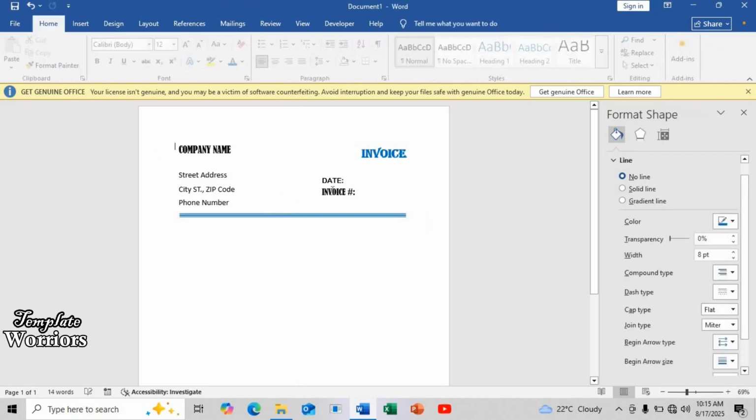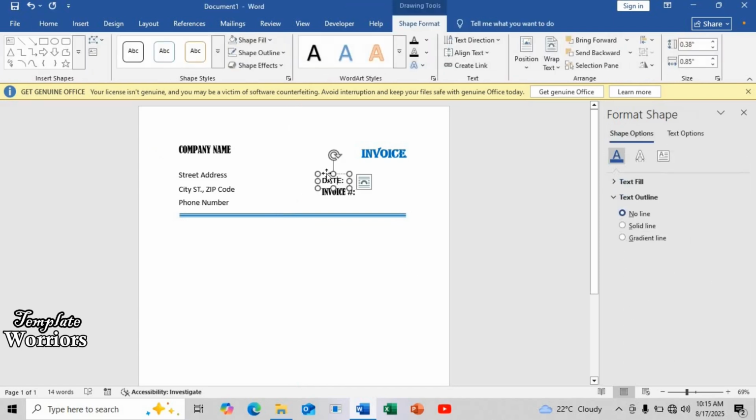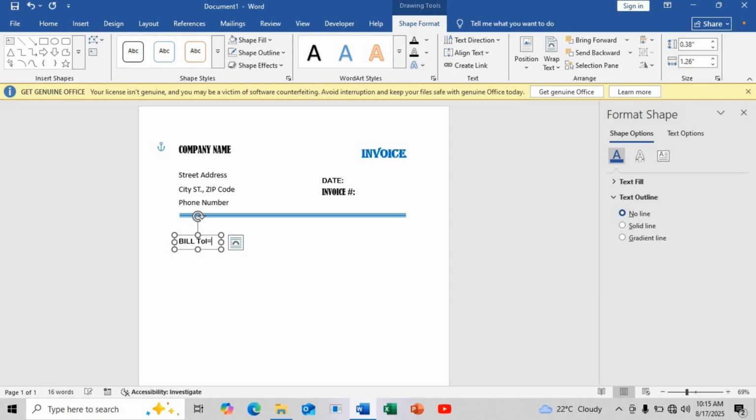Alright, so again, let's duplicate this text to the bottom there. The date there, let's duplicate it to this side. So the text in there, we are changing it to bill to something like this. We are changing it to bill to, sorry, bill to Master Cap. Alright, so again duplicating it to this side. This time around it will not be bill to, it will be rather ship to. Alright,